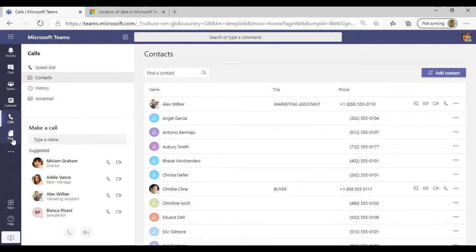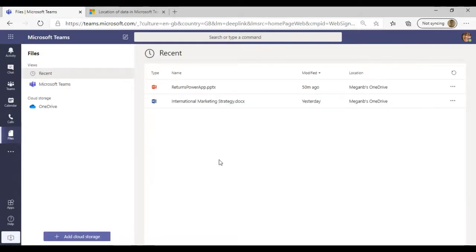And finally, what we'll touch on here is the file sharing and co-authoring of documents through Teams. This certainly for me has been an absolute lifesaver, because what it really does is it removes the need for, well, I'm working off version 10, well, I'm working off version 3, well, I had version 5 yesterday. What you're actually able to do through Teams is to co-author and collaborate on documents in real time.